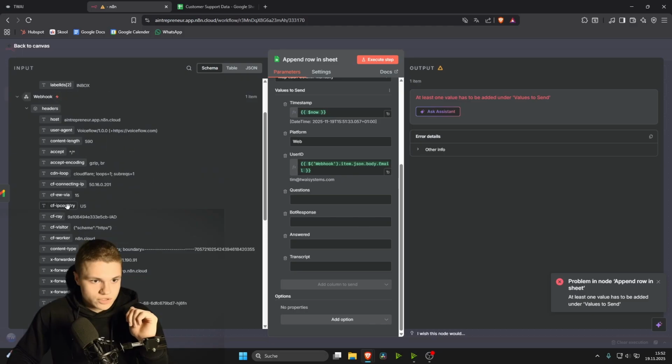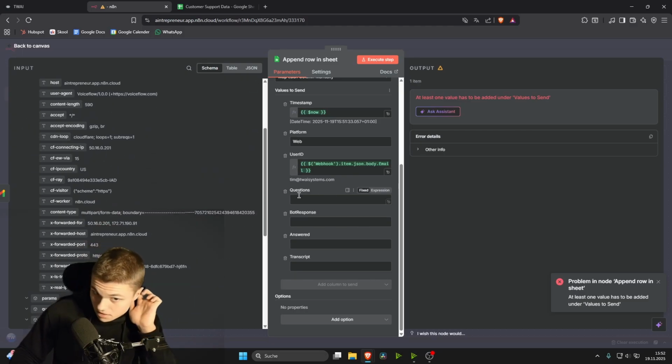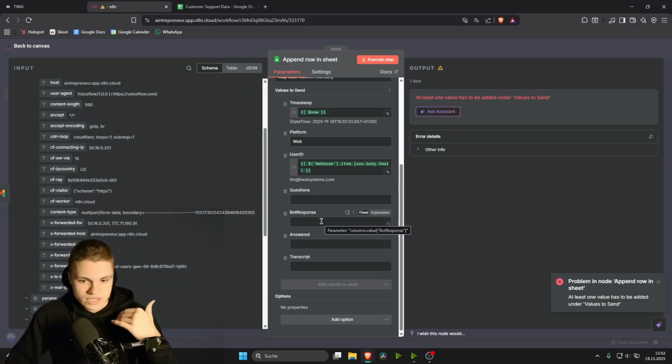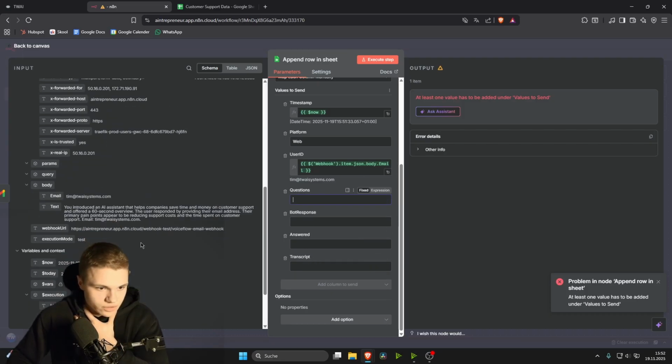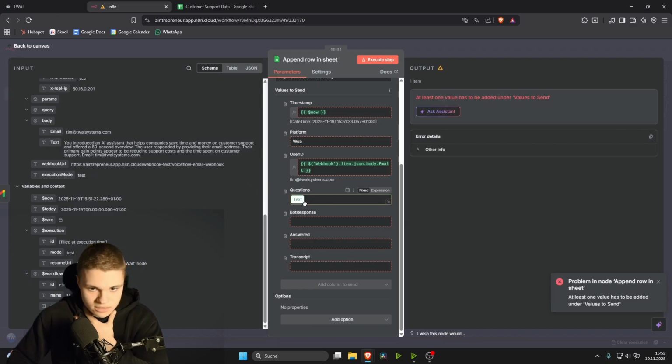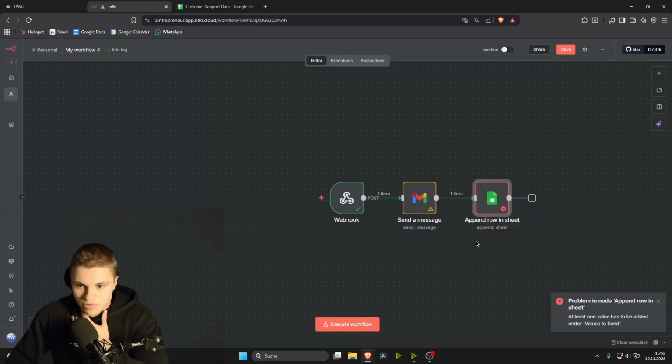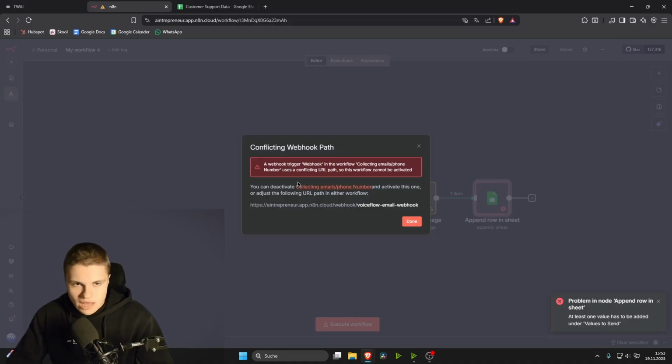So we could just pull this over from our webhook in here, and then it would save that as well. But for now, we only need, or we can basically do the summary into the question. So text, question, pub. Okay, very cool. Now we can save this,